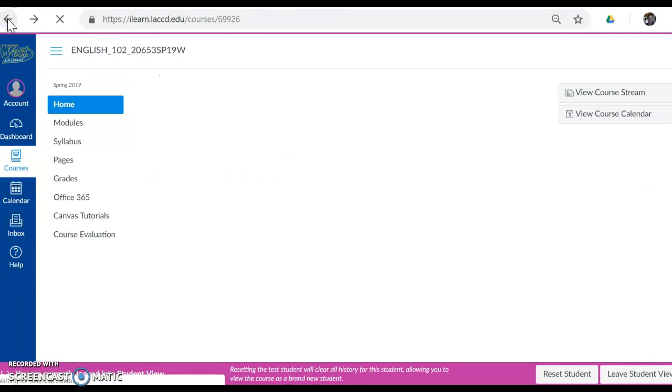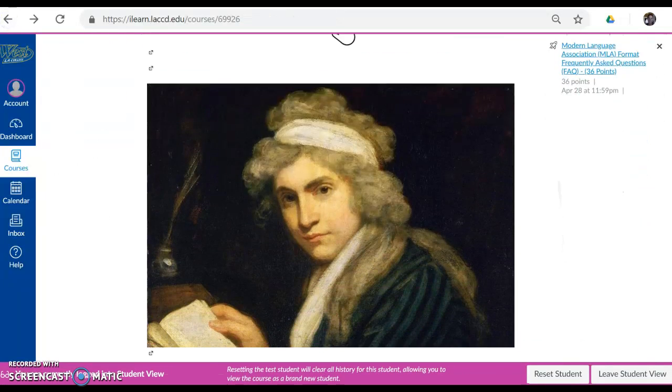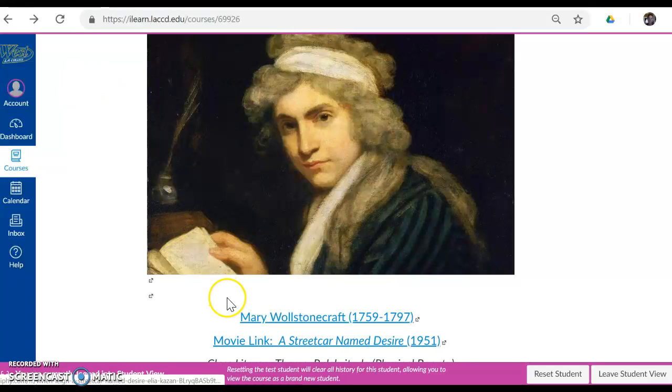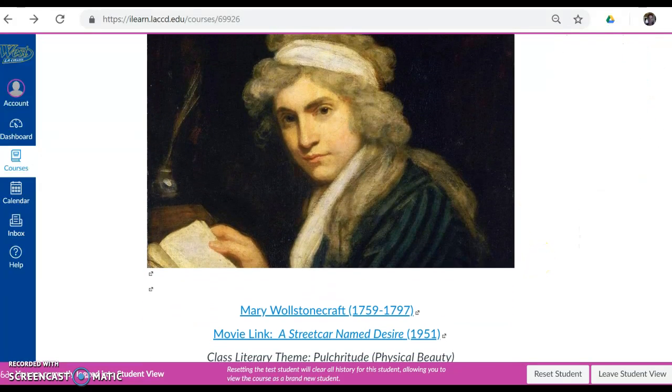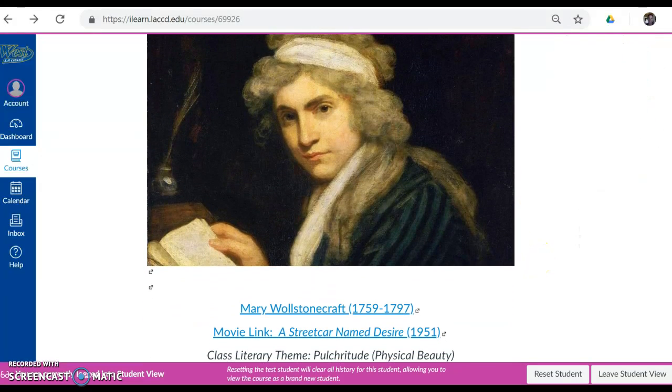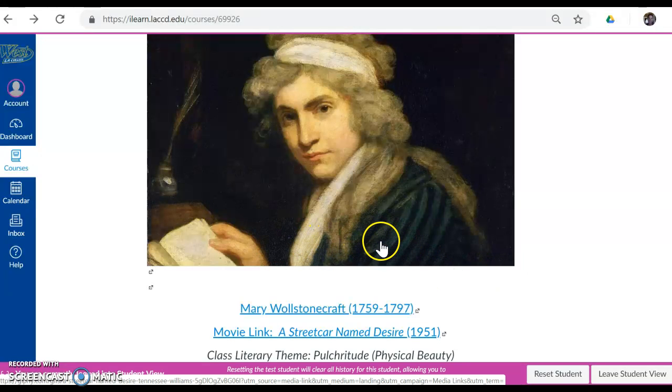Okay, I'm going to click on the back arrow, back to our bulletin board, and we have some artwork here. What is it? It is a portrait of Mary Wollstonecraft, who lived from 1759 to 1797. There's an interesting story about her here. In her name, I have a link. Mary Wollstonecraft, of course, is the author of A Vindication of the Rights of Woman, 1792. She was a very notable feminist because she was for equality between the sexes.